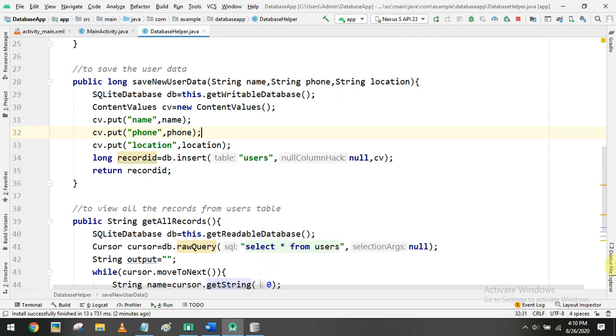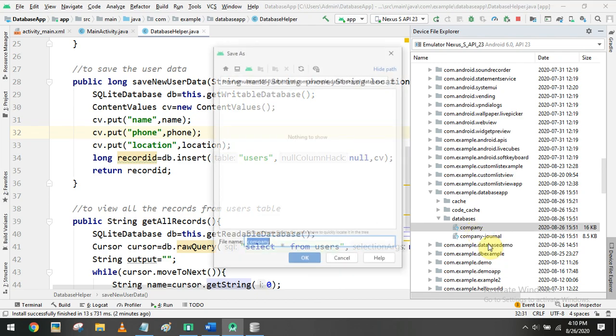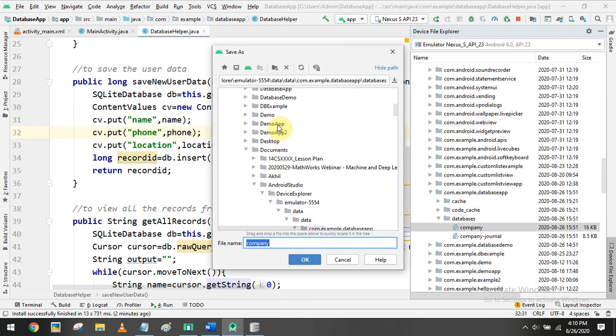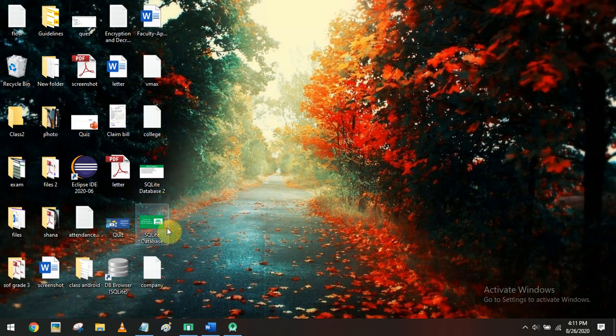Now let's go back to the Explorer, and if you want to see the updated values, you have to save it again to the desktop. Select yes. You have to wait for the message that it was successfully downloaded. Now go back to the desktop and open the DB browser.